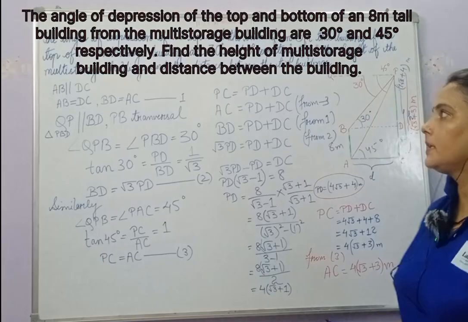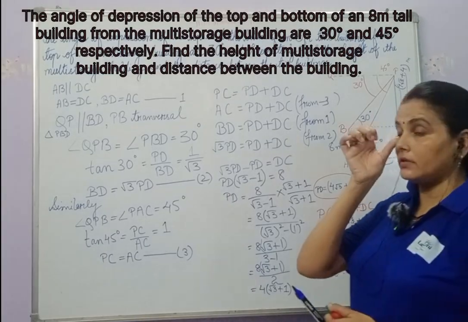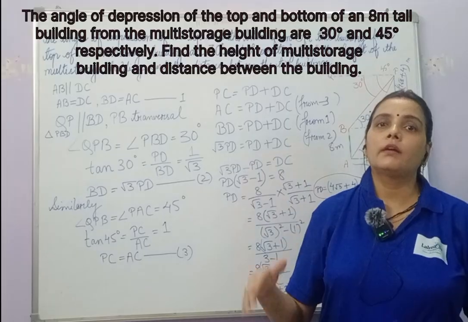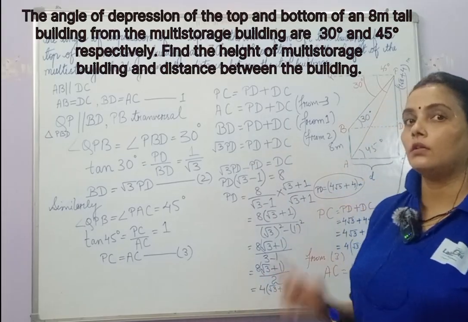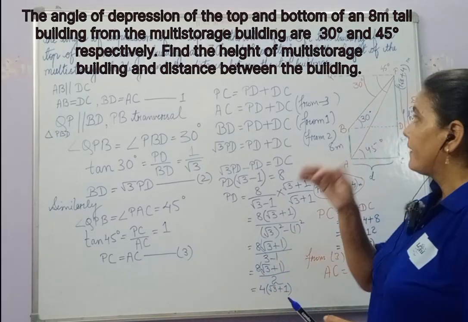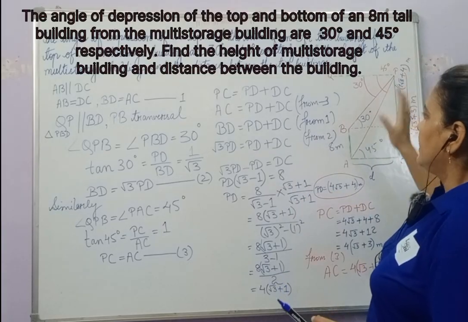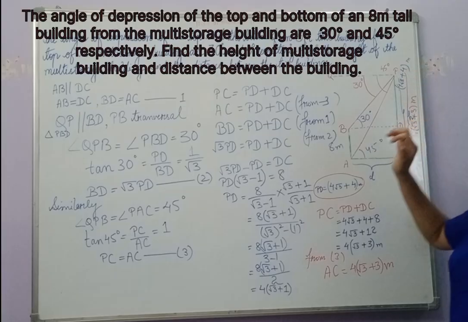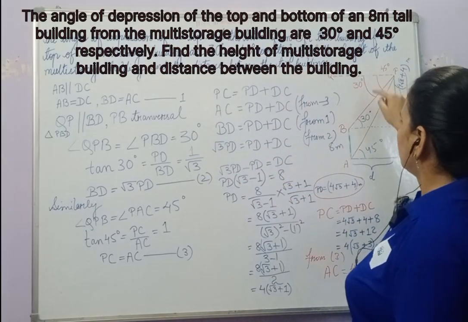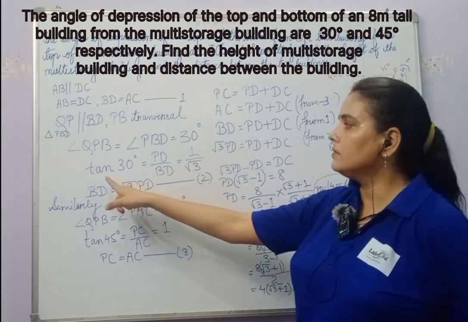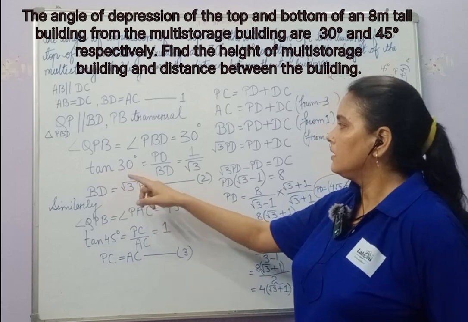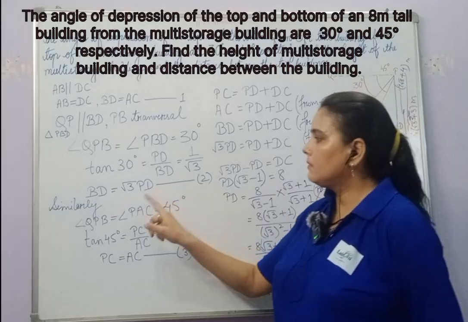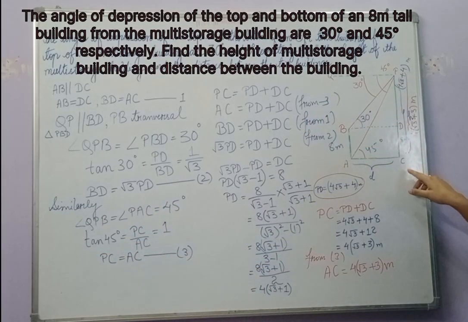So let us do a short recap of what we have done. Whenever we get a question with angle of depression, we need to follow the theorem that whenever two parallel lines are passed through a transversal line, the alternate angles are equal. So basing on that, we have made this, and then those angles are equal. Then we have used sine, tan 30, perpendicular upon base. Like that we have pulled out the value of BD. Similarly, with this we have pulled out the